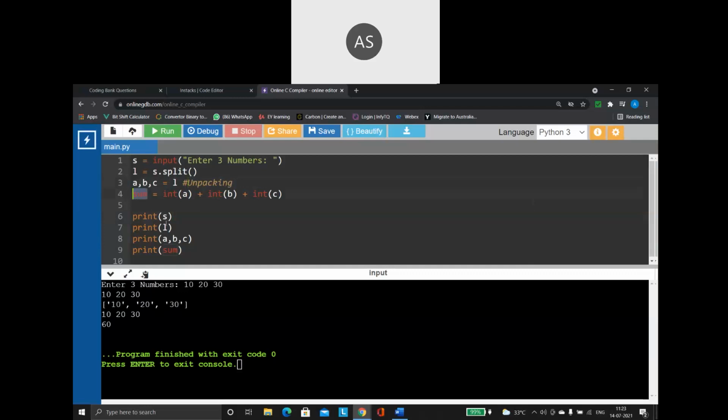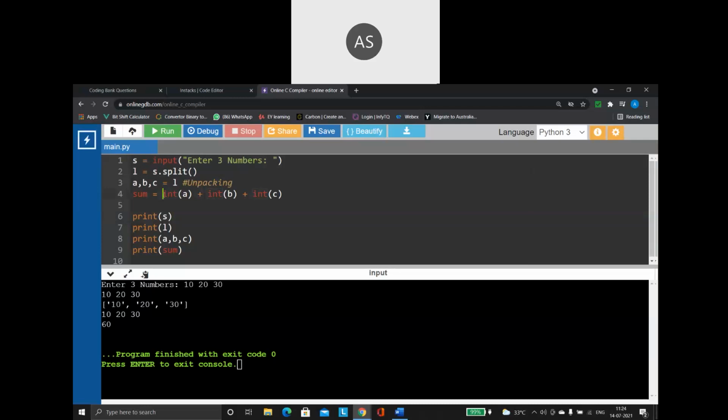Now I'm trying to find the sum of these values. How to find the sum? Now there is one small thing here. See how the data is being stored in the form of a string. See, within single quotes inside the list, the number is present in single quotes. So it is a string value. Why is it a string? Because the input function will always read the value in the form of a string. So when you're splitting it, it is going to be stored inside as a string.